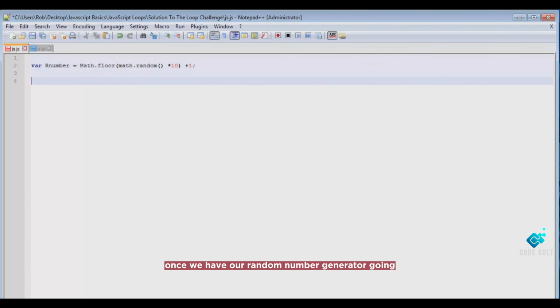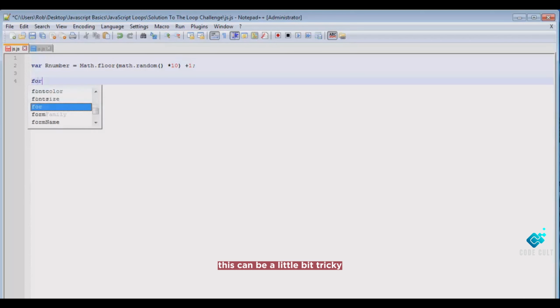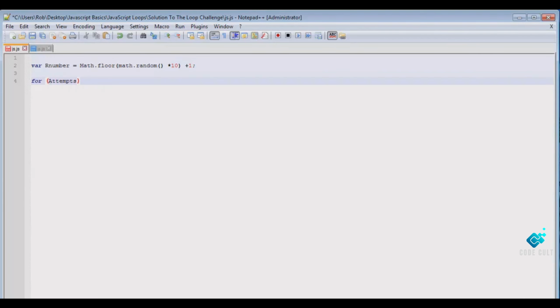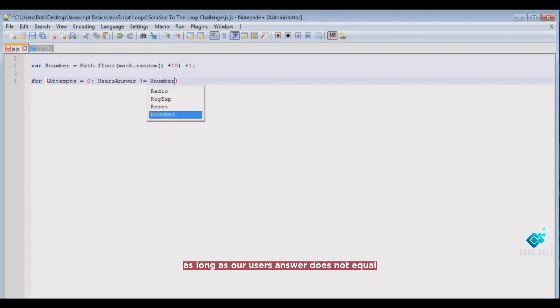Alright, so once we have our random number generator going, we can now create our for loop. Now remember, this can be a little bit tricky, but let's walk through this. So we start by typing in for, and then what we're going to do is create an attempts variable and make it 0. We're also going to add our conditional statement here, which is basically saying run this loop as long as our